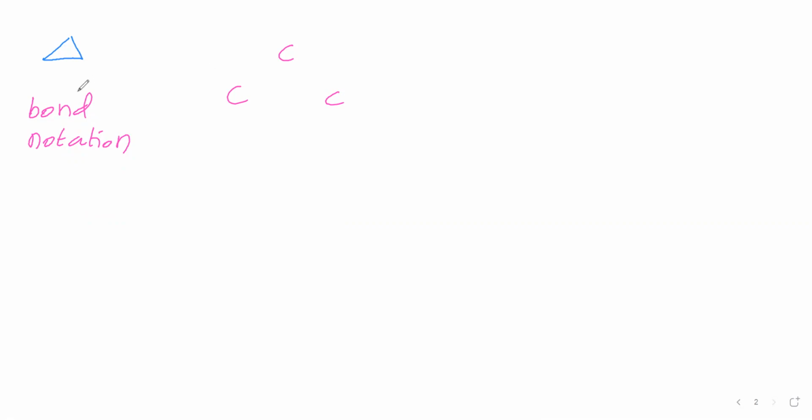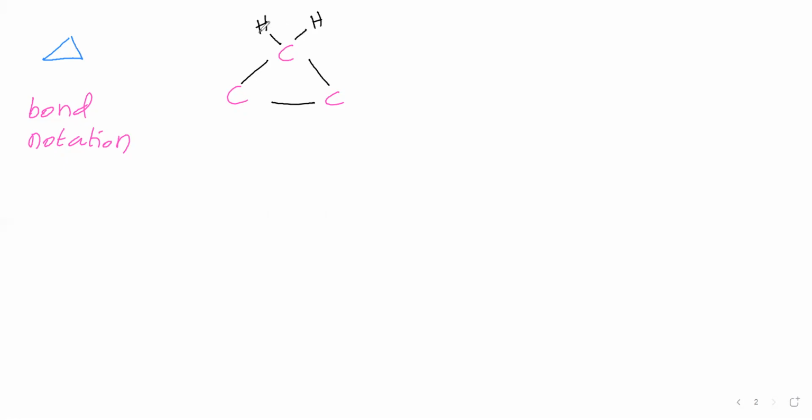What is there, bond notation will say. In the bond notation, here single line is present, that means single bond. Here single line is present, that means single bond. Here single line is present, therefore single bond. Between carbon atoms, what bond is there? That bond notation will say. Single bond means single line, double bond means two lines will be there. Okay, then let us give hydrogens. In order to satisfy the valency of carbon, carbon valence is 4, therefore it will make 4 bonds. Here this carbon is having 2 bonds, therefore in order to make valency 4, you give 2 hydrogens.